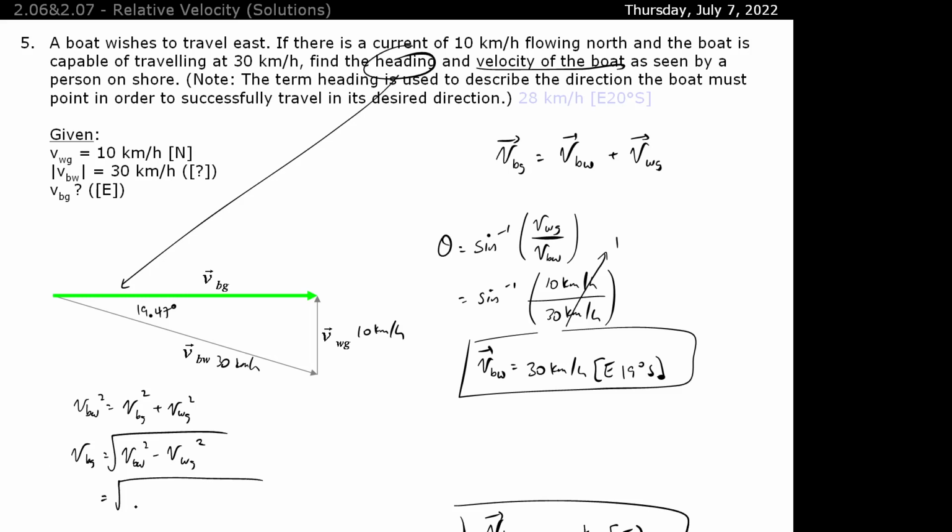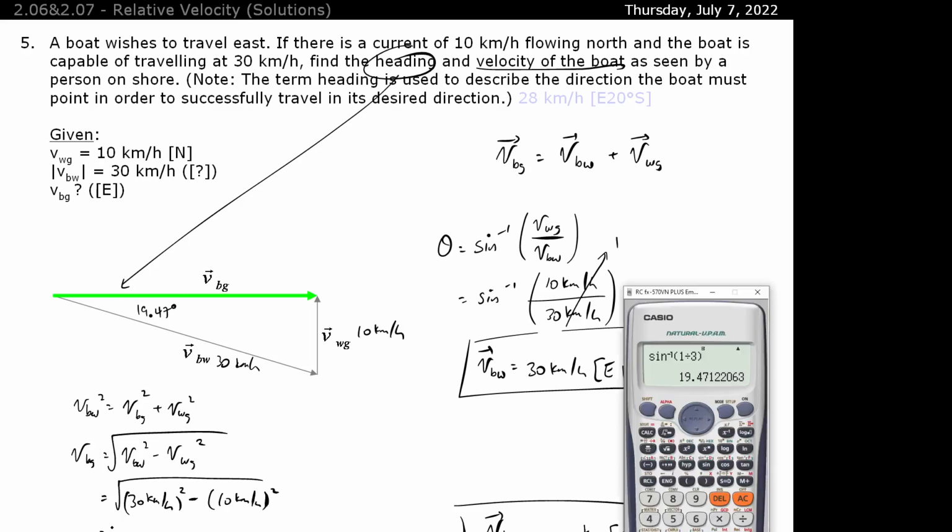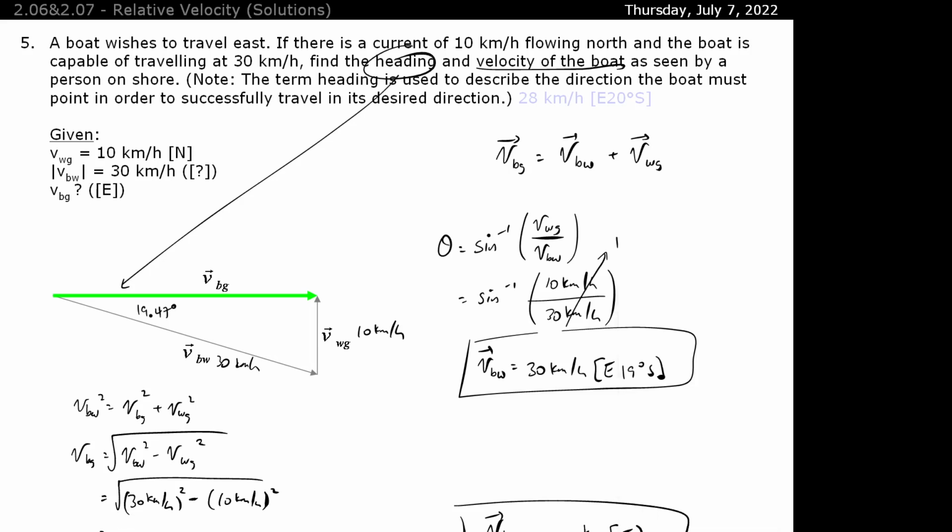Okay, and yeah, you hope that's larger, otherwise your calculator will not give you a correct answer. Remember to square that, subtract 10 kilometers per hour squared. Calculator time, square root of 30 squared minus 100 gives us 28.28